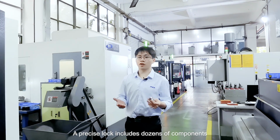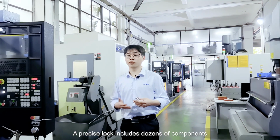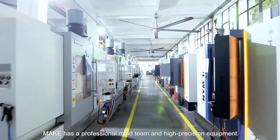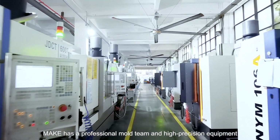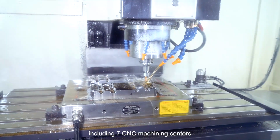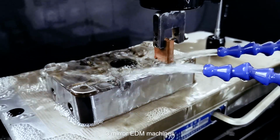A precise lock includes dozens of components. Most of them are molded by tooling. Make has a professional mold team and high-precision equipment, including 7 CNC machining centers, 3 mirror EDM machines, and professional